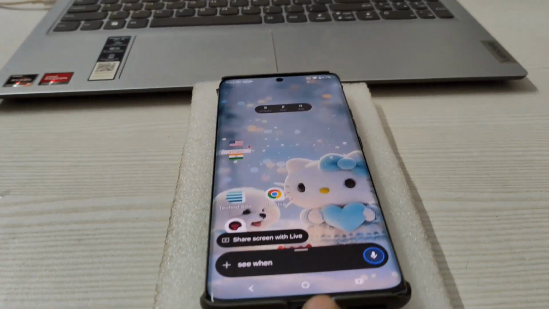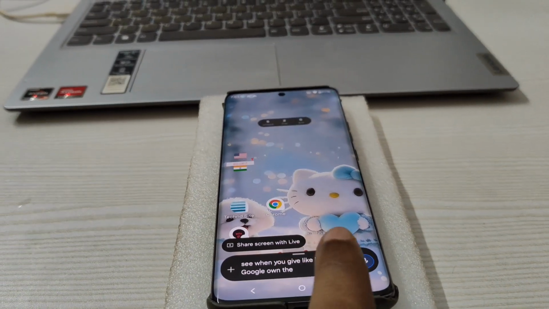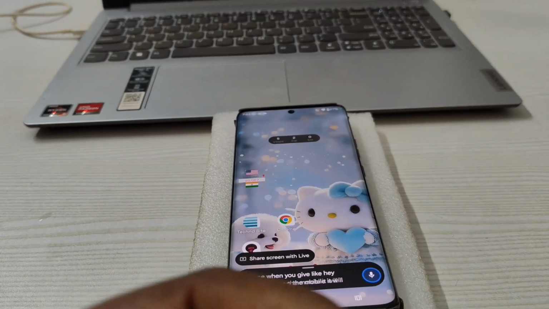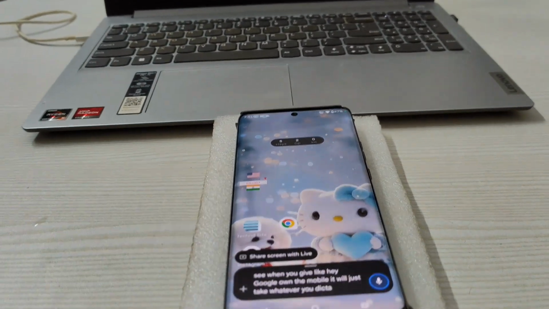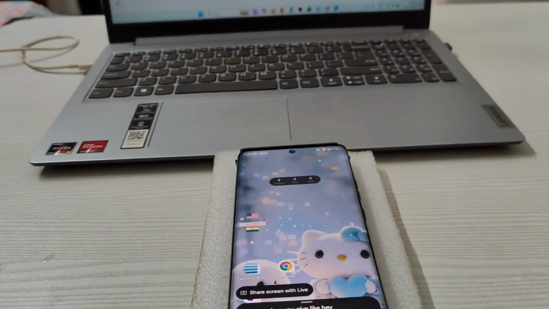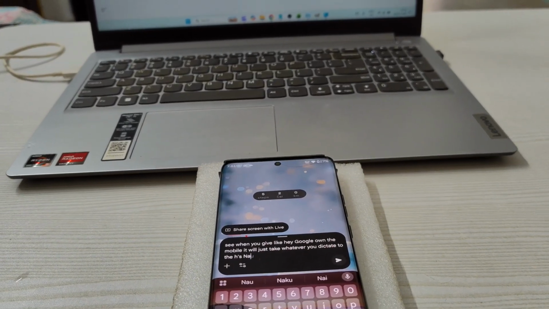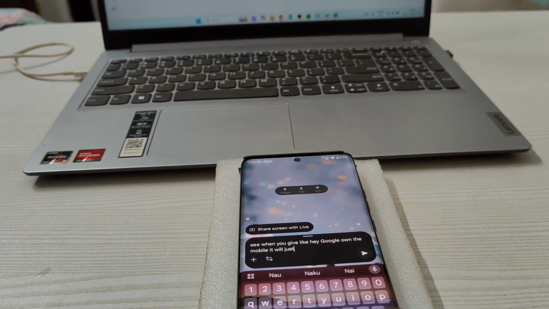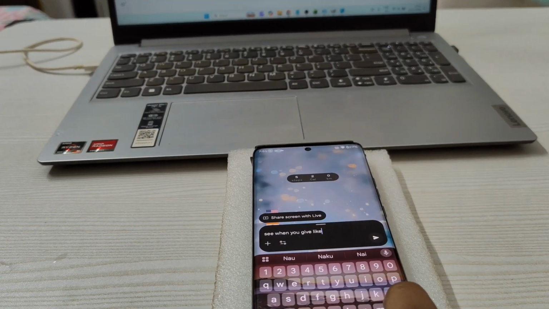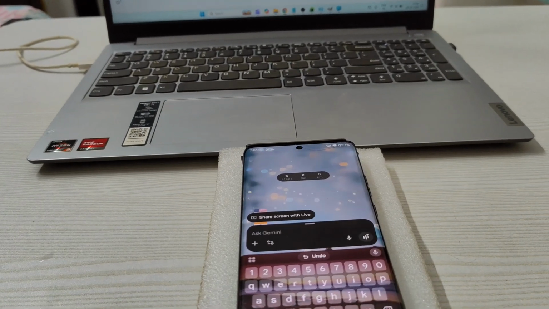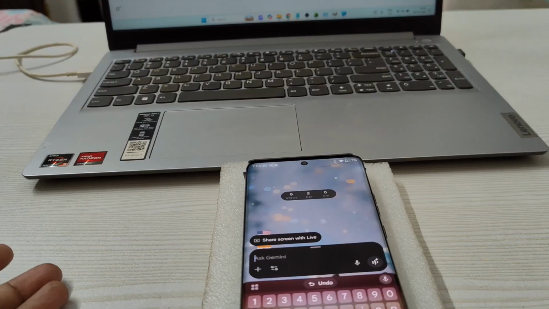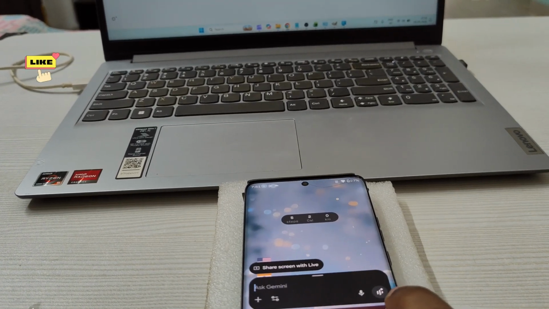See, when you say hey Google on the mobile, it will just take whatever you dictate to the AI. See here, it is just now dictating. So I'll be deleting this. Either you can type a prompt here. First of all, what is a prompt? You're asking a question. Say for example,